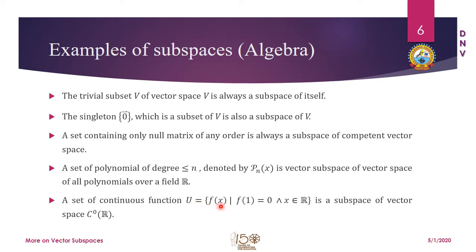Second, if I take two functions for which f(1) is 0, then if we put x equal to 1 in the sum of those two functions, it will again be 0. So the second axiom is also satisfied. And the third one is, if I multiply a function by any scalar alpha, it is not going to affect the nature of this function with regard to the value of the function at x equal to 1. It will again be 0. So when all three conditions are satisfied for this function set, we say that it is a subspace. These are the examples we have taken from algebra, and you can construct a million examples out of this set.